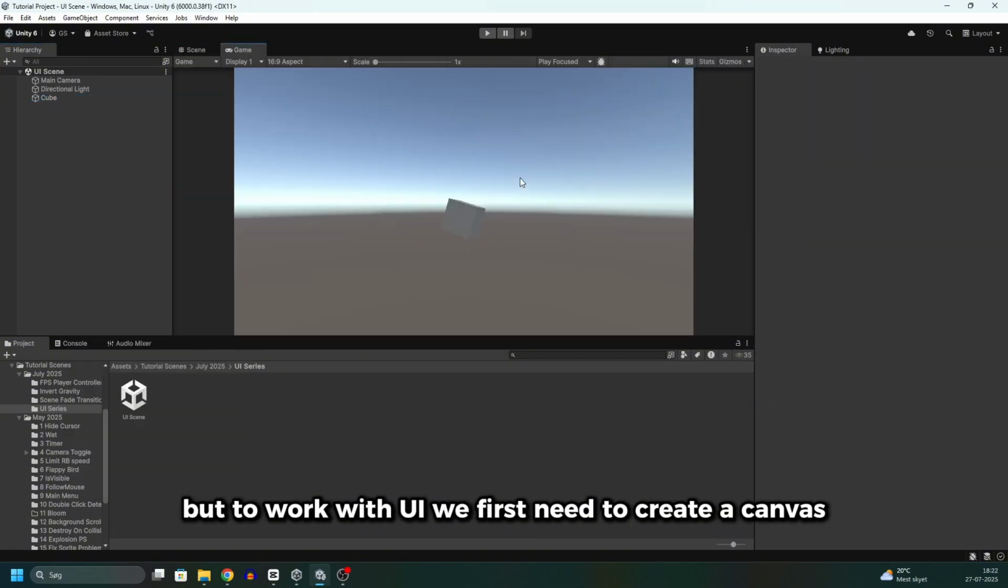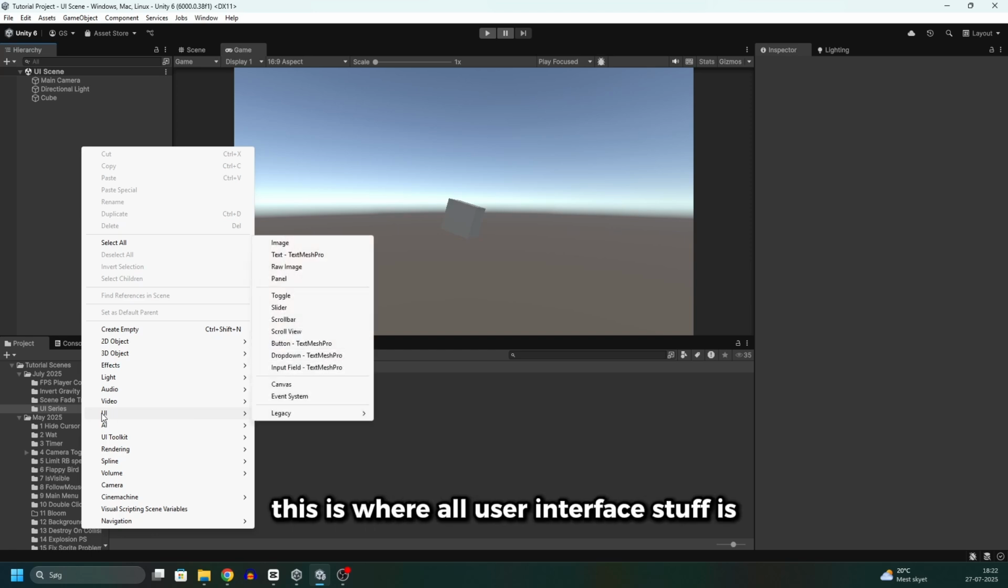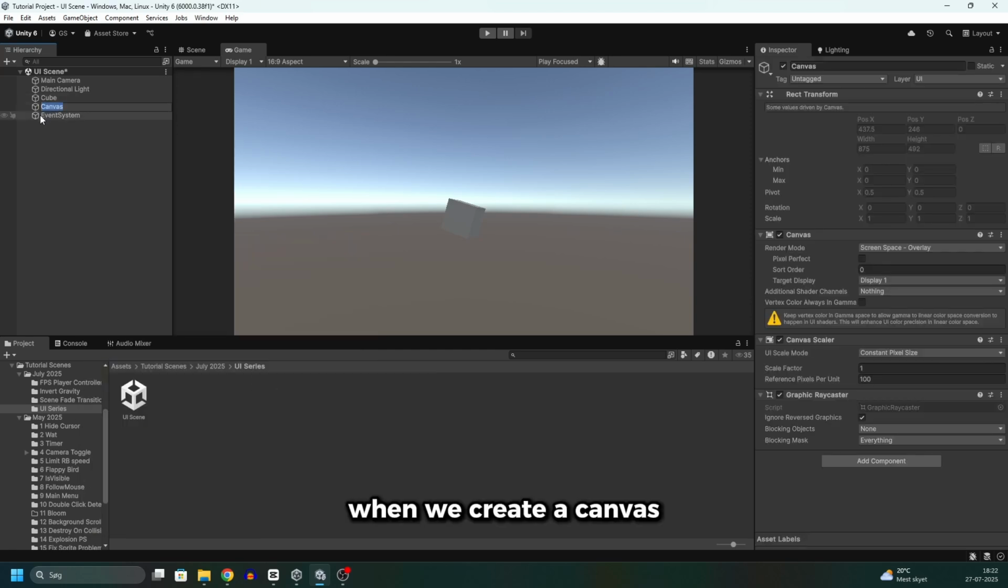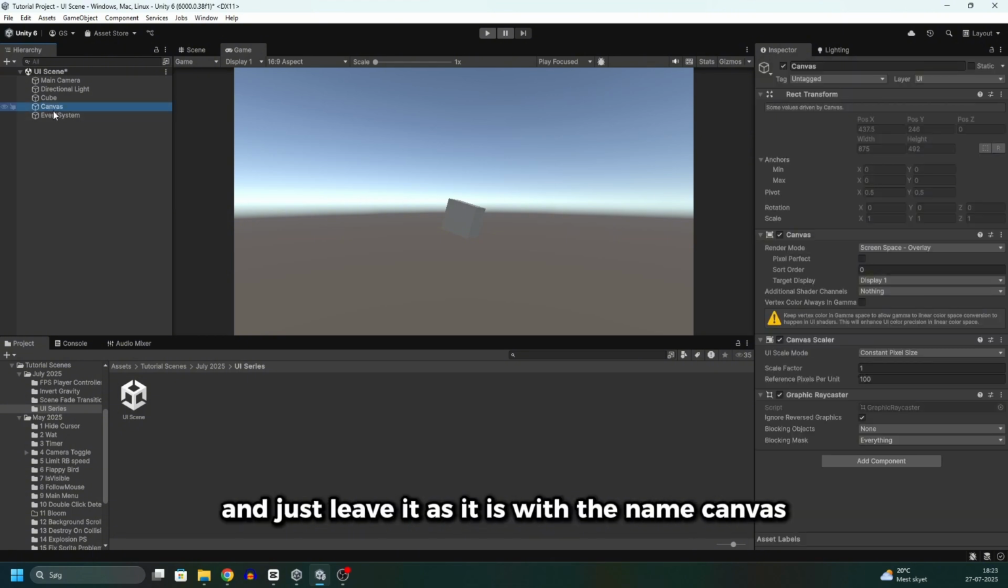But to work with UI we first need to create a canvas, and that we can do in the hierarchy. So right click, then we'll go to UI, this is where all user interface stuff is, and we'll click on canvas. When we create a canvas, it also creates an event system game object. You don't have to worry about that,